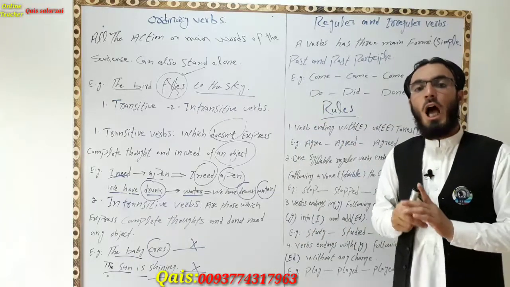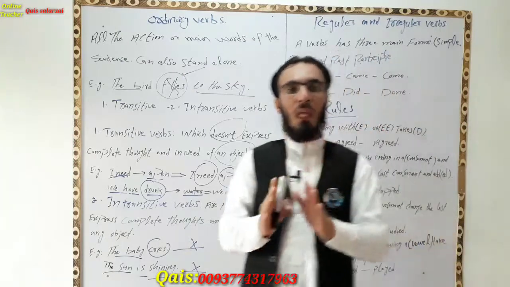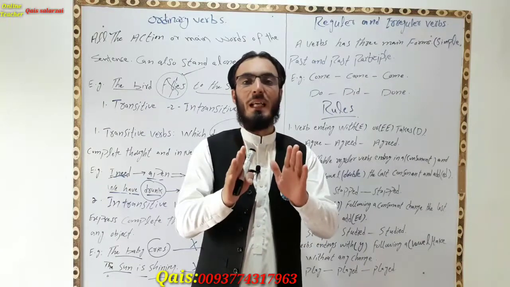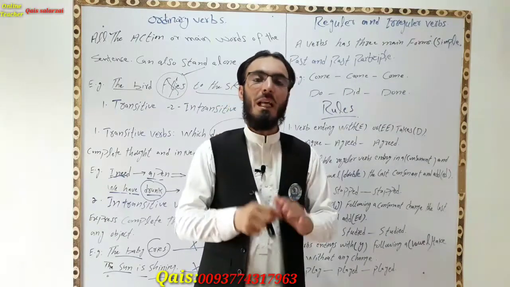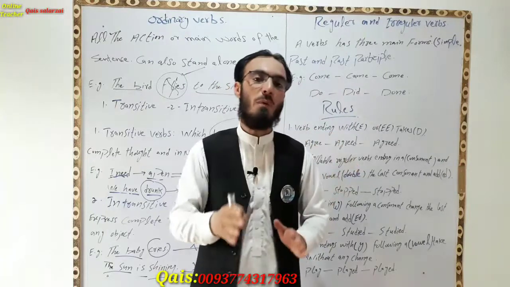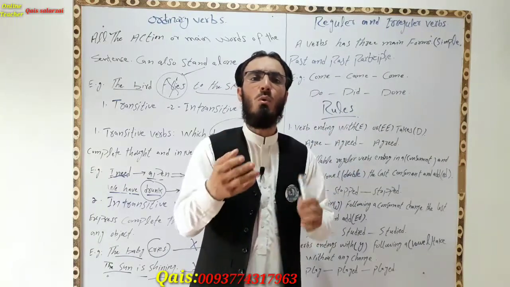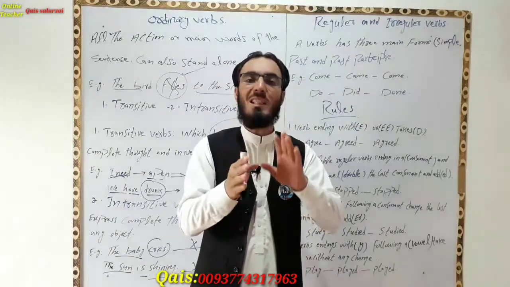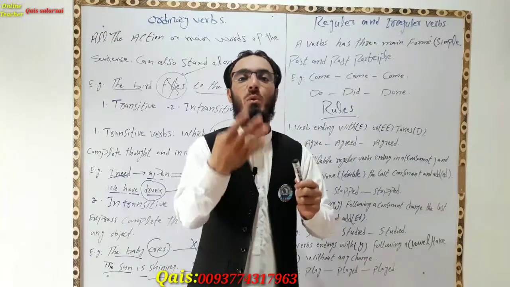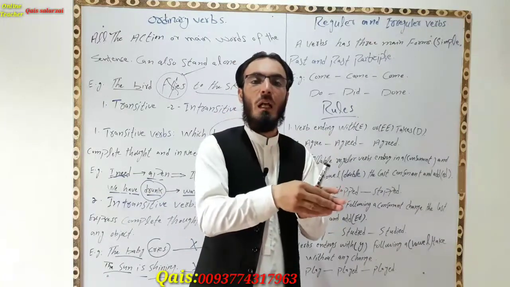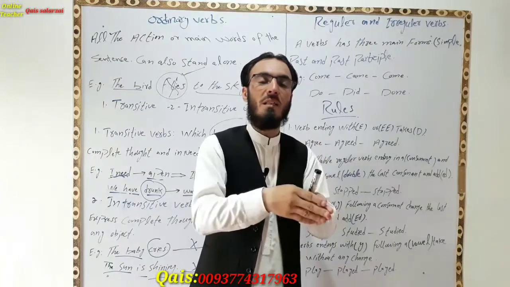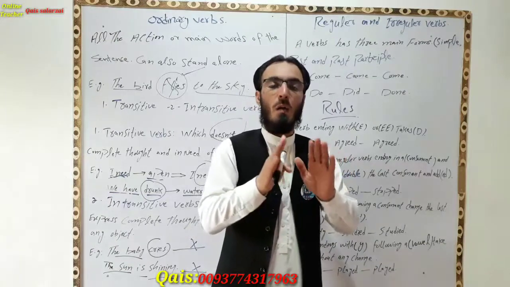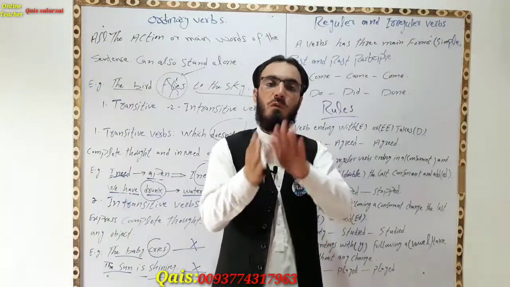Let's discuss one thing. How many forms of a verb do we have? Lots of the books that talk about verbs, regular and irregular, say that we have at least three types of a verb: simple, past and past participle. But remember one thing: for those who want to be accurate and don't want to cause any stress and hesitation for the student, you can say that we have four types of verb. One is simple, the second is continuous, the third is past, and the fourth is past participle. All of these are correct. There is no problem if you study that we have three forms of verb or four.